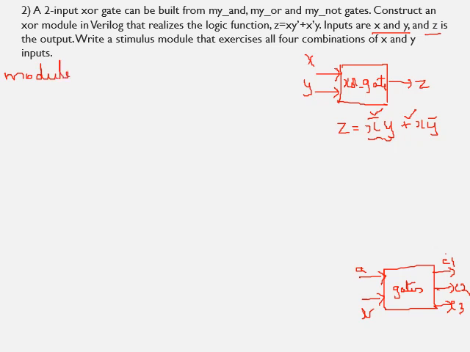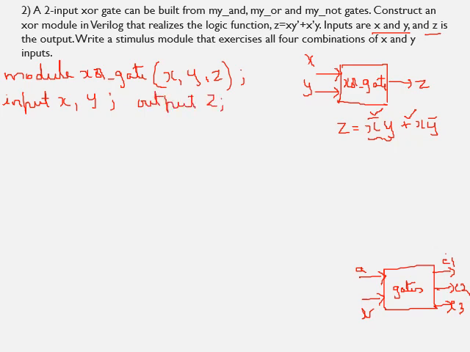Say module, name of the module is XOR gate, input XY and ports are XY and Z. Declare the inputs x and y and output z. Now we will proceed to realize the expression. For that, first for this expression we require x bar as well as y bar. So I will find not of x and not of y by realizing this